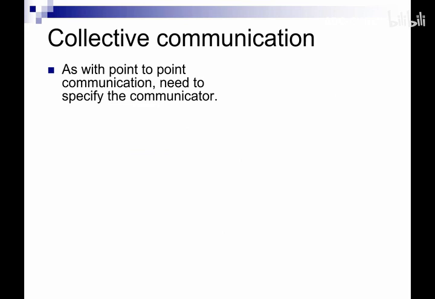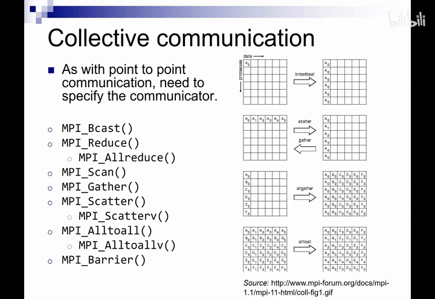Just as with the point-to-point communication, we need to specify the communicator, or the group of processes that we're communicating with. These are the different collective communication primitives we're going to look at. The first one is broadcast. In order to describe these different operations, it's good that we use this sort of visual representation. If we look on the right over here,